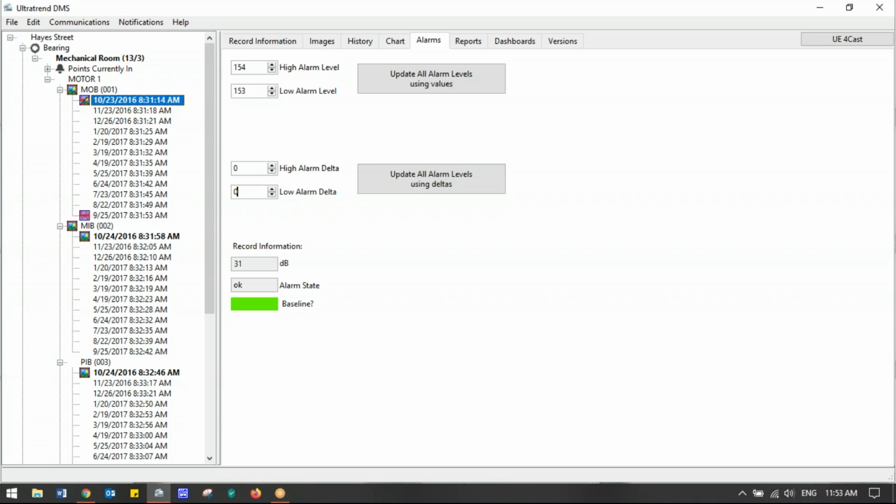So we'll type 8 in this middle section using the delta values. I'll explain this up here in a minute. Using the delta values, I type 8 and I type 16 in the high alarm. And then I hit update all alarm levels using those deltas. And that gives me my alarm values, which will help me with the plot chart, obviously, and everything else. So you see, if you want to check it out, you can say